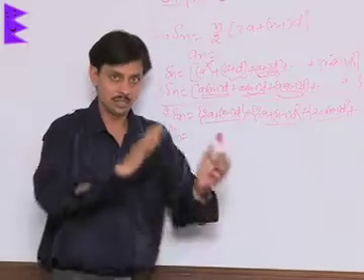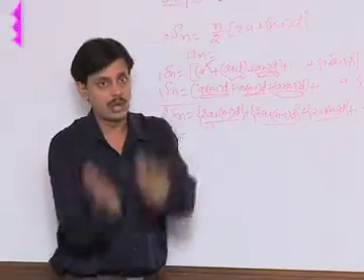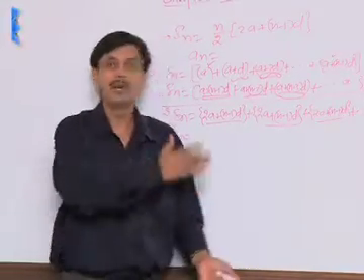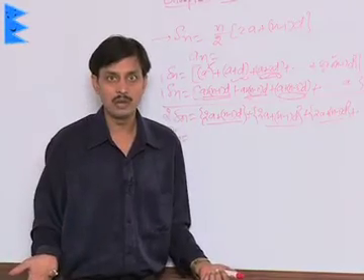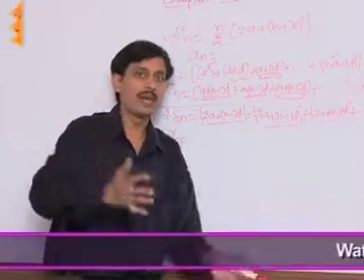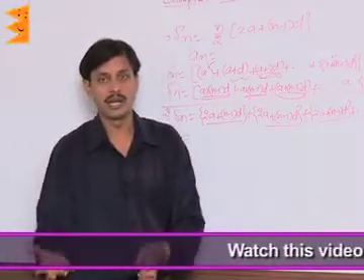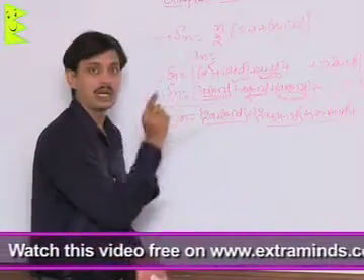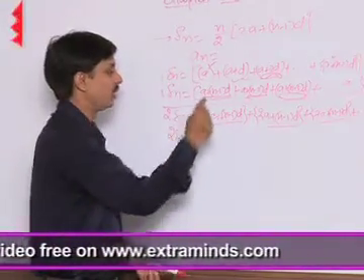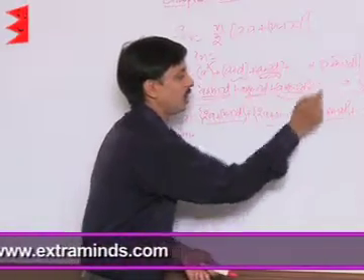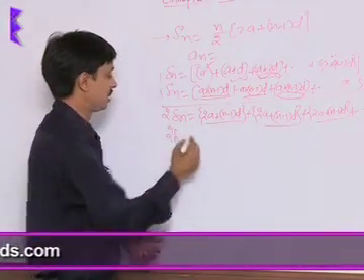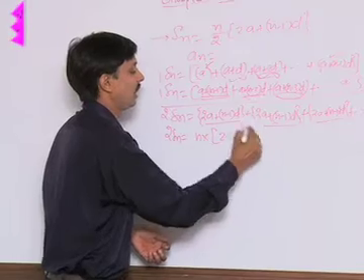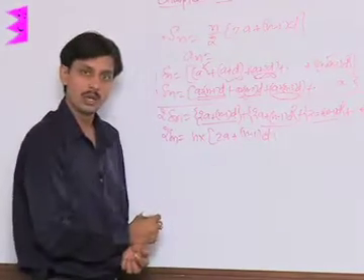When the same number is repeated or added a certain number of times, suppose I add 5 ten times, the answer is 5 into 10. Suppose I add 12 a hundred times, the answer is 12 into 100. Here I am adding the term 2a plus (n minus 1) into d one time, two times, three times and n times. So the answer becomes n times of 2a plus (n minus 1) into d.